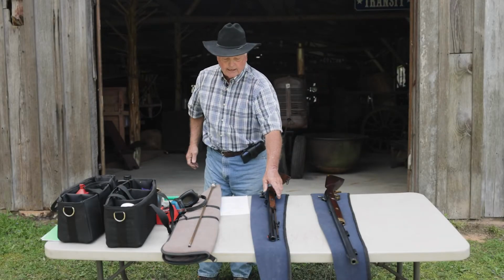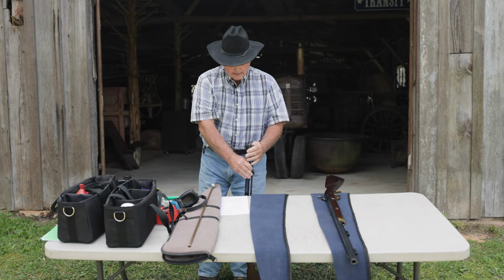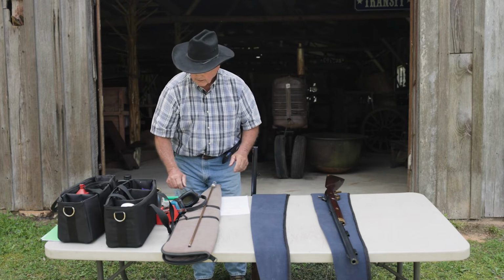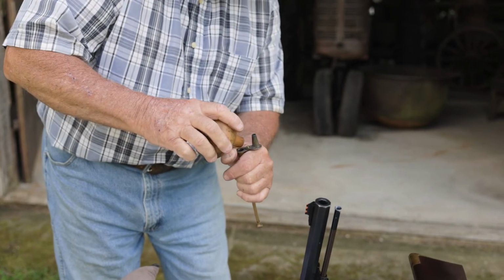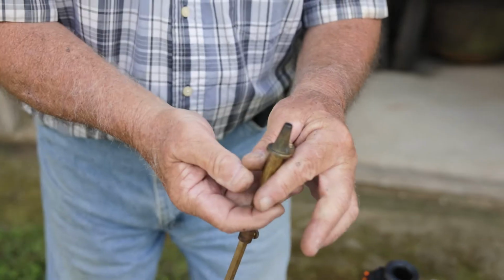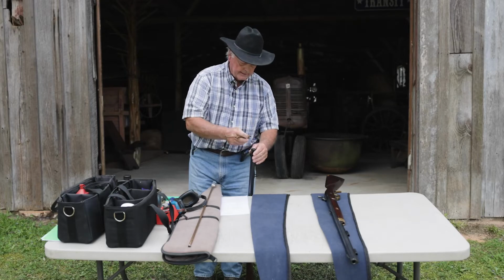What I want to do now is show you how to load one. Like I said, everything is done from the muzzle. So we point the gun up and we measure an amount of black powder to put in here. This may seem slow to you, and it is, but you put the powder in. Be sure you got it all in there. That was about 100